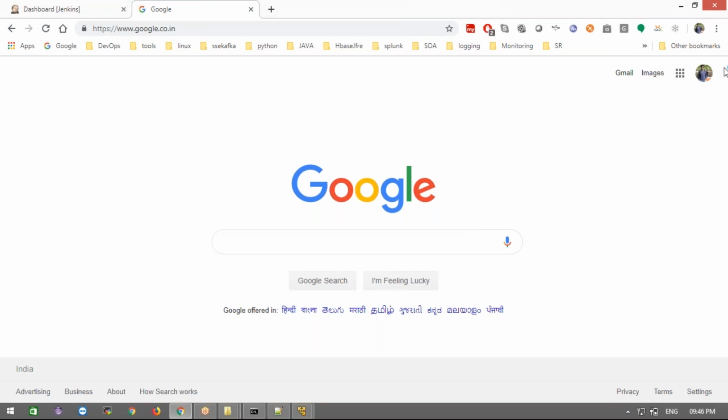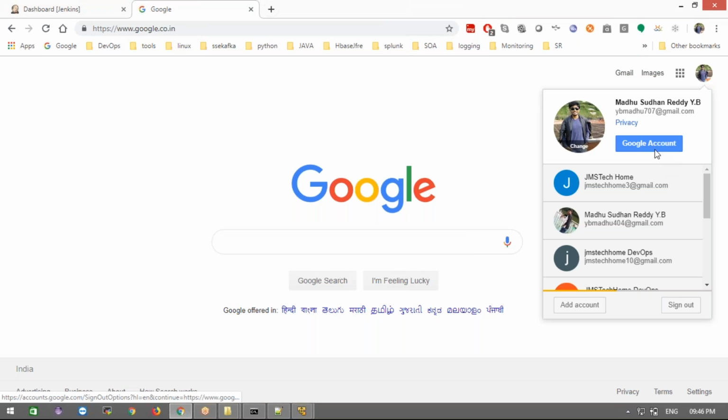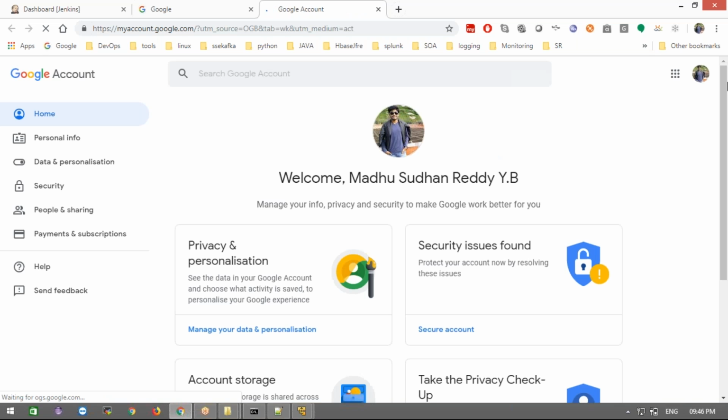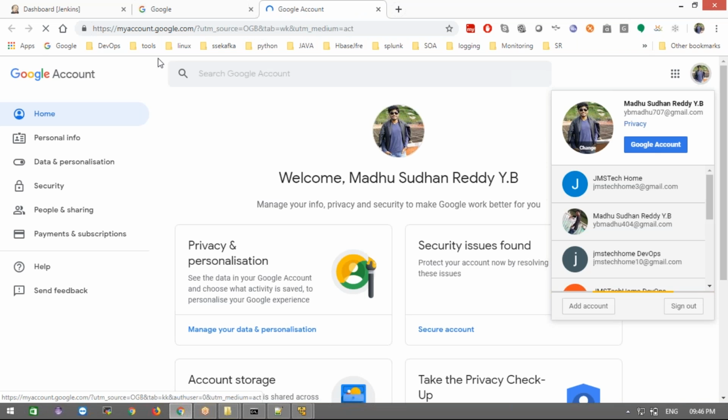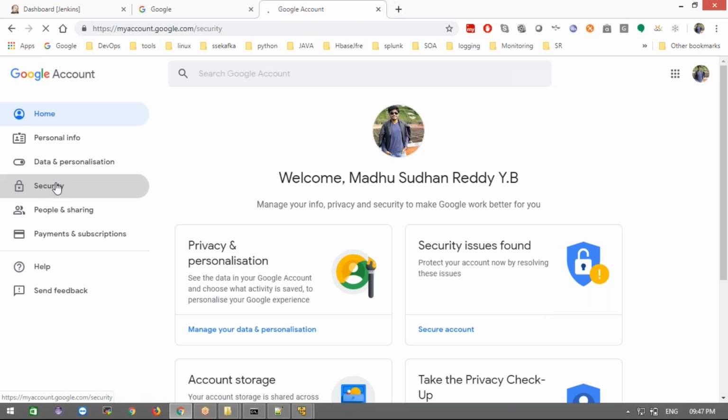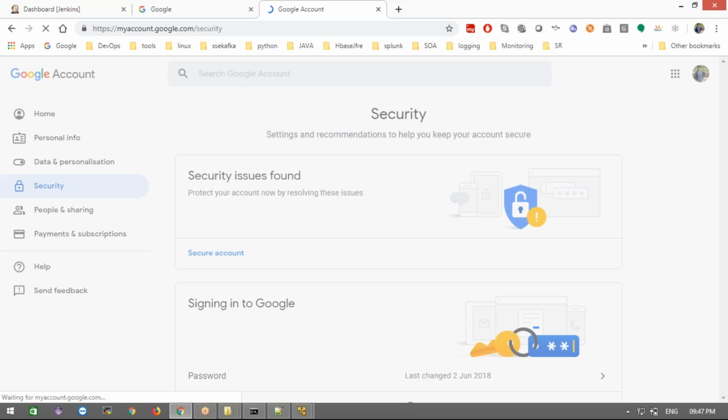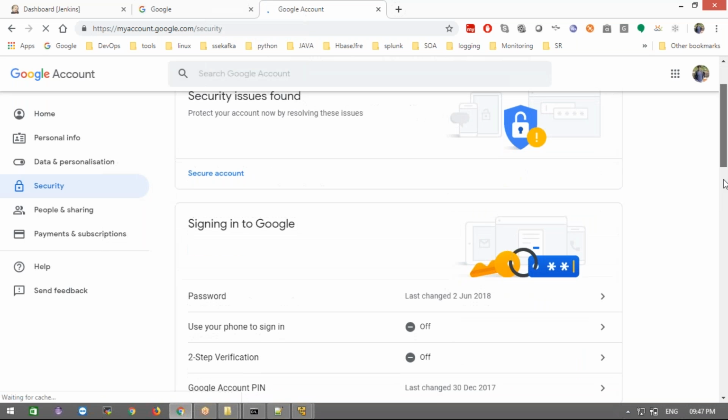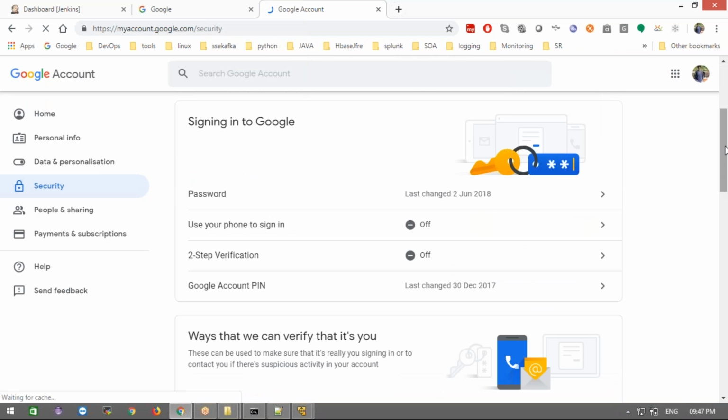Now, go to the Gmail account you are going to use, and then go to Google accounts and come to Security. Then you must come a little bit down.